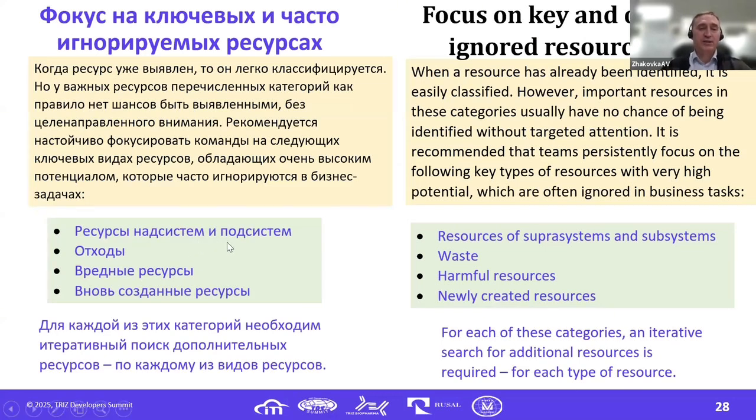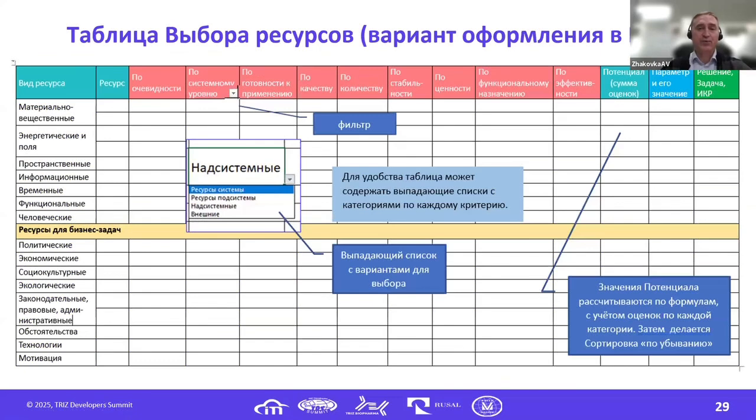But at the same time, we speak of systems and subsystems as well as newly created resources. So to work with these resources, we use iterative approaches. This iterative approach means that we have a number of elements. So we have this table, I have already shown it, looking at the analysis. This will be a flow analysis or a functional analysis. So we assess the results, and in the resource column, we put those resources that we use